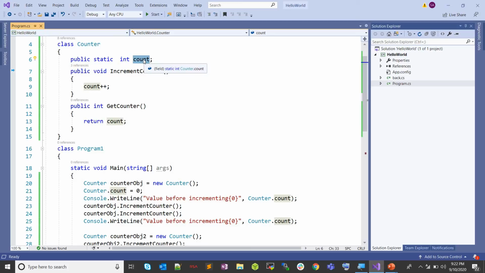Second, static will get allocated in heap memory. Third, within a class it will allocate only one memory allocation in heap, and all the objects will share it. Unlike non-static, it will not get a memory location as many times as you have created objects. Clear? So these are the basic rules of static.